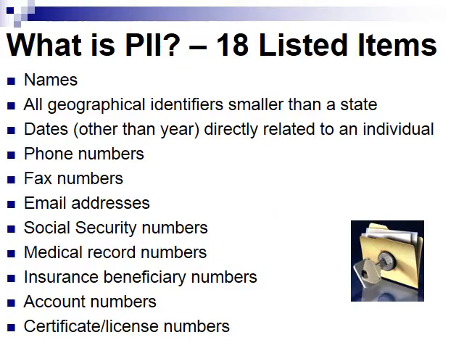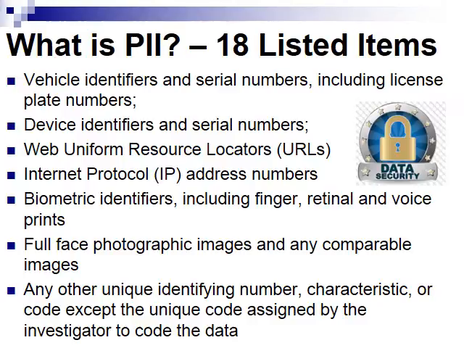In general, protected individual information, or PII, is anything that can be used to identify an individual, from name to email address. The current list includes 18 items. As new forms of personally identifiable information evolve, it can be expected that this list of 18 items will expand accordingly. It is worth noting that both vehicle information and personal images are on the list of PII.